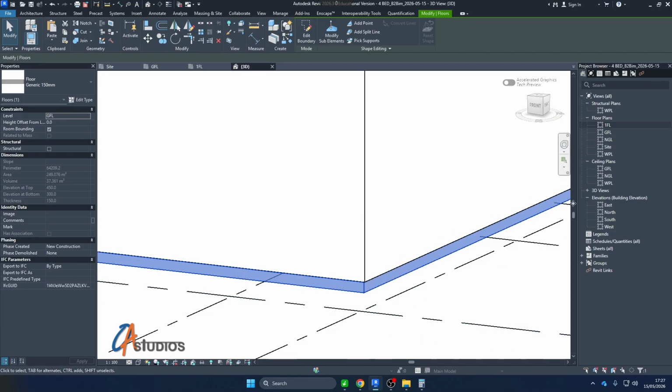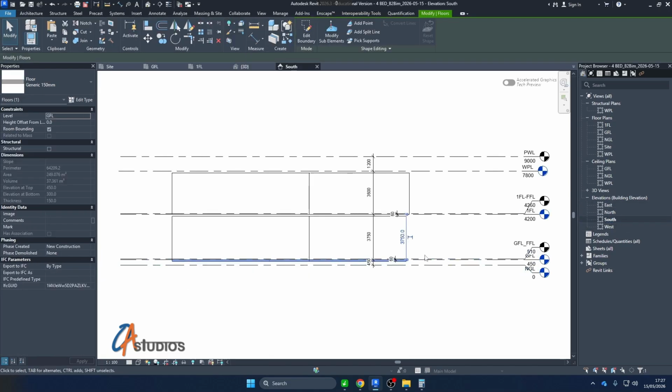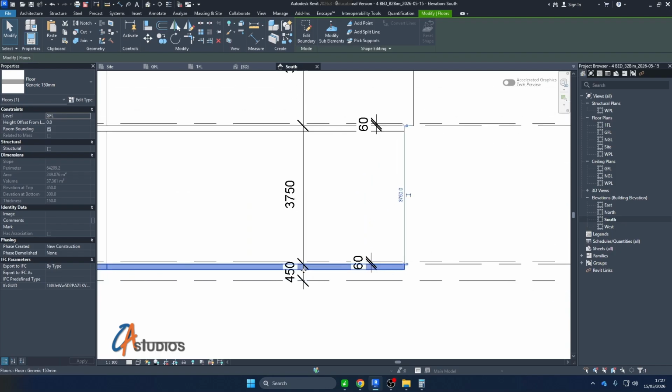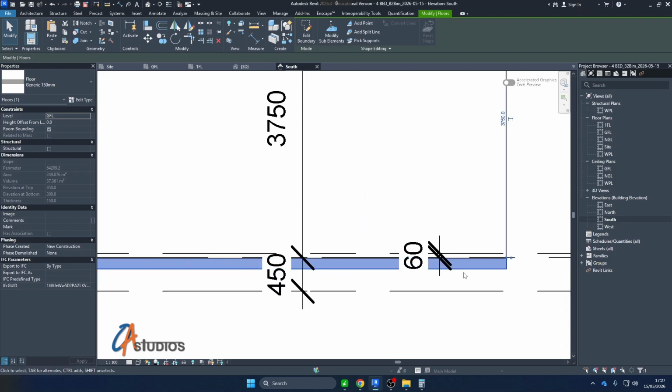If you remember, that was around 450, which is this. So I usually make this floor the entire thickness,